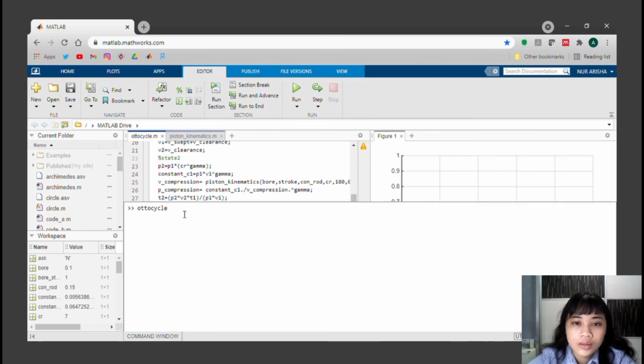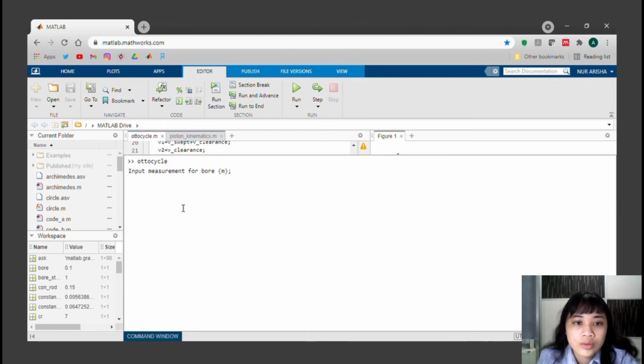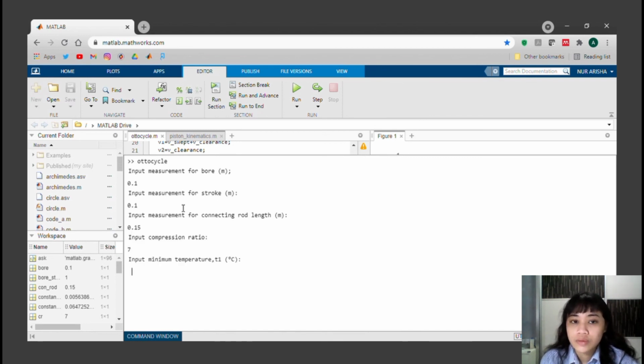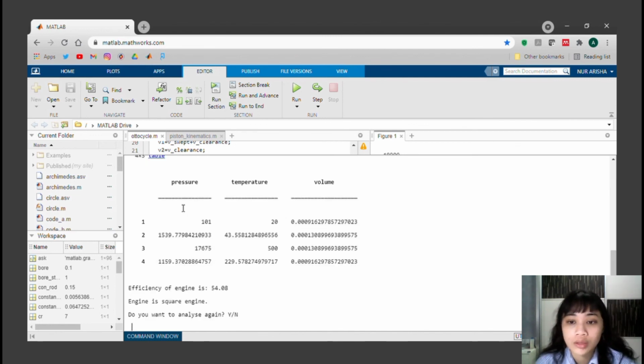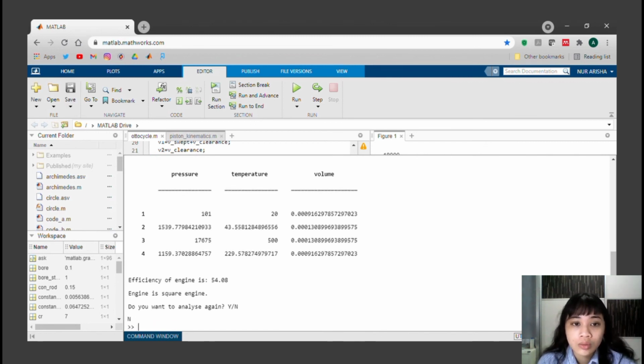Okay, so now we will run the Otto cycle script file, and then we will input all the properties of the engine, based on the previous slide. So after we input all of these engine properties, the MATLAB code will calculate all of the other properties and put it into one table where we can see the pressure, temperature, and volume of each point 1, 2, 3, and 4. And then we will have the efficiency of the engine, the type of engine, and then